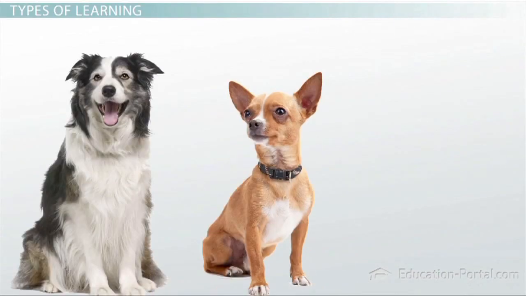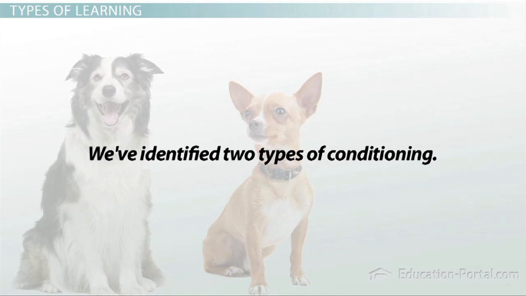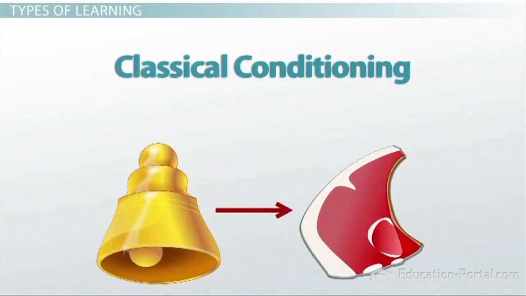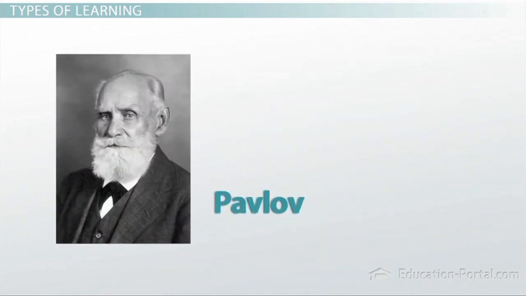The next type of learning that educational psychologists study is learning through conditioning. We've identified two types of conditioning. The first type, classical conditioning, is learning to associate a particular thing in our environment with a prediction of what will happen next. The most famous example of classical conditioning is research by the Russian scientist Pavlov, who taught his